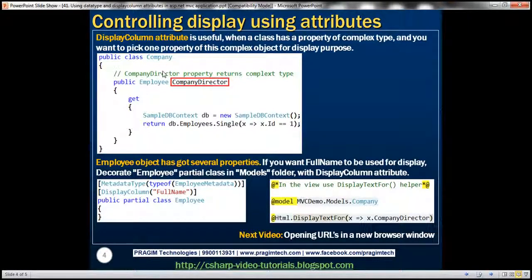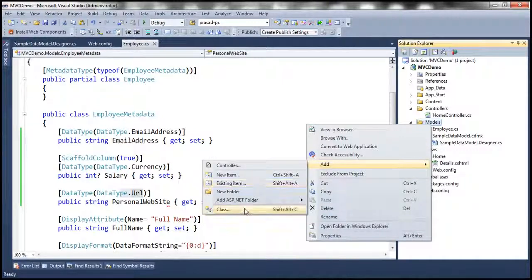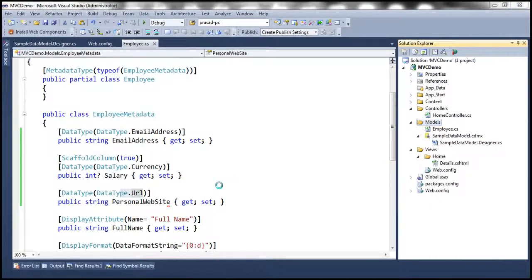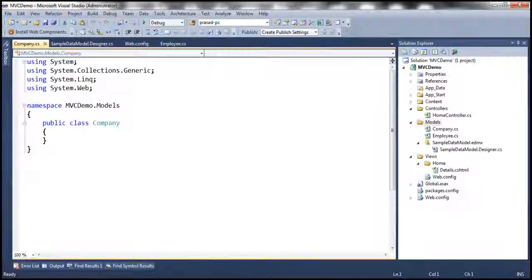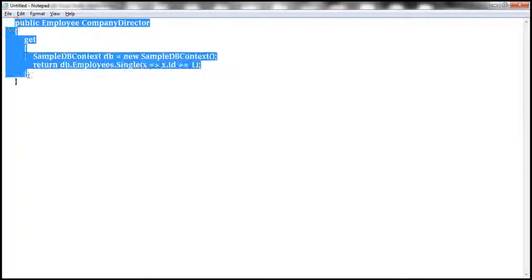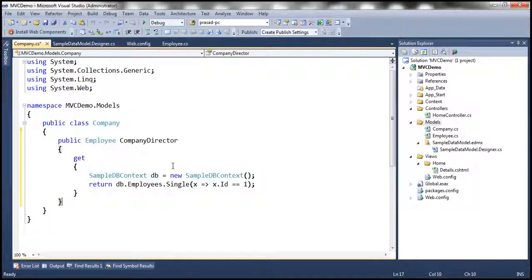First of all, let's go ahead and design our company class. So within our models folder, I'm going to add a class file, and let's name it company.cs. And to speed things up, I have this company director property already implemented, so let me copy and paste this within our company class. So all we are doing is having this company director property, which is returning an employee object, and then here we have hard-coded an employee ID of 1, and we are returning the first employee. Okay,